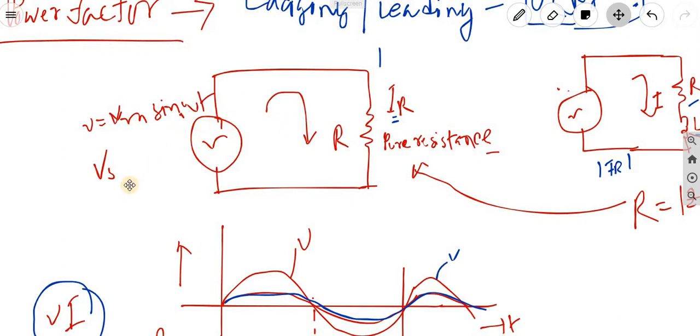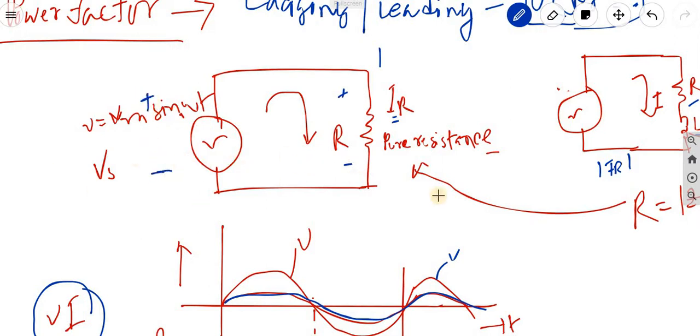So power flows from the source and power goes into the load. Okay, we should balance the power, so this equation will be maintained. Power flowing from the source, drawn from the source, and power received into the load. Okay, and one more term is there: power conservation, power absorbed and power delivered.